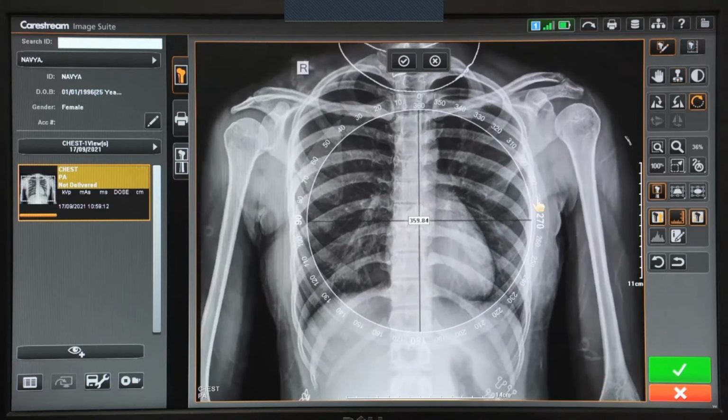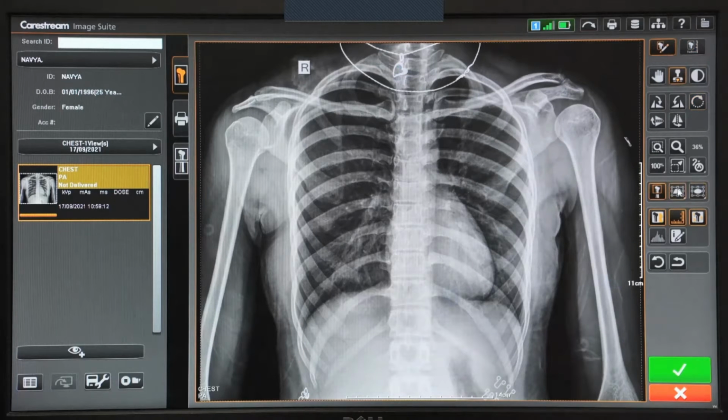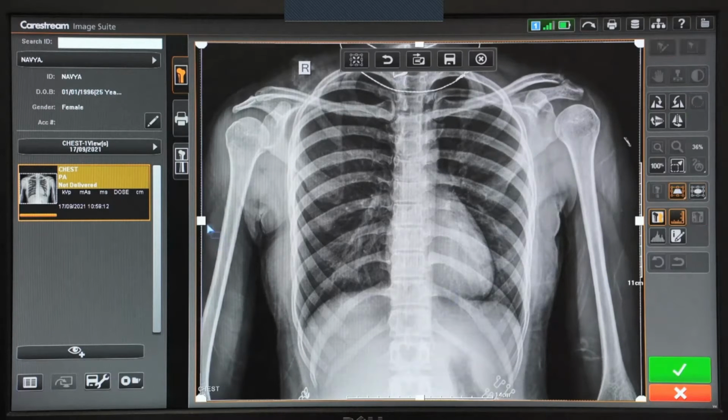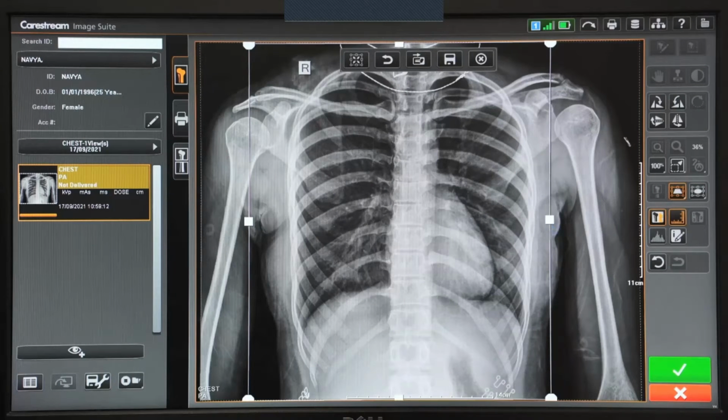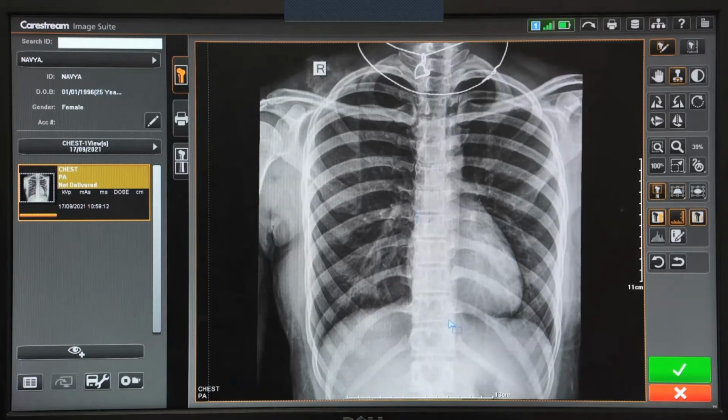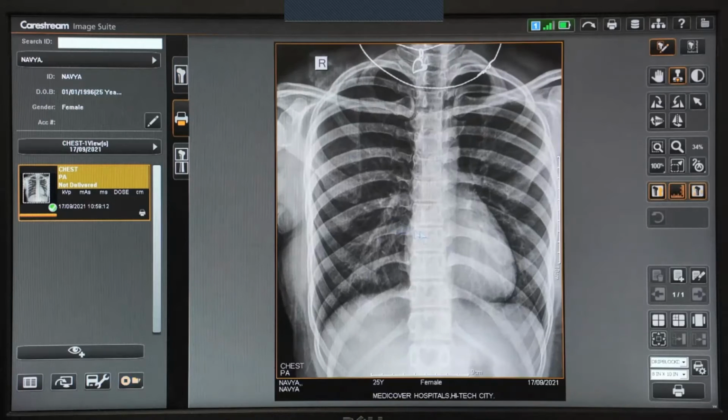So see, you can even rotate, and then if you want to clip some part of it, you feel that the shoulder blades are not required, you can edit the image a little. You can eliminate the bony components. Yeah, he's adjusting the things, and then you can go to the printer and give a print immediately, and then